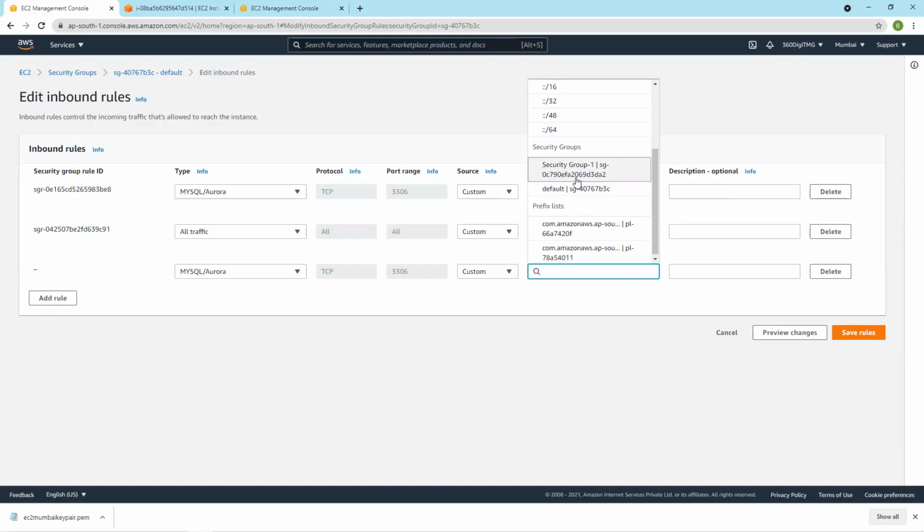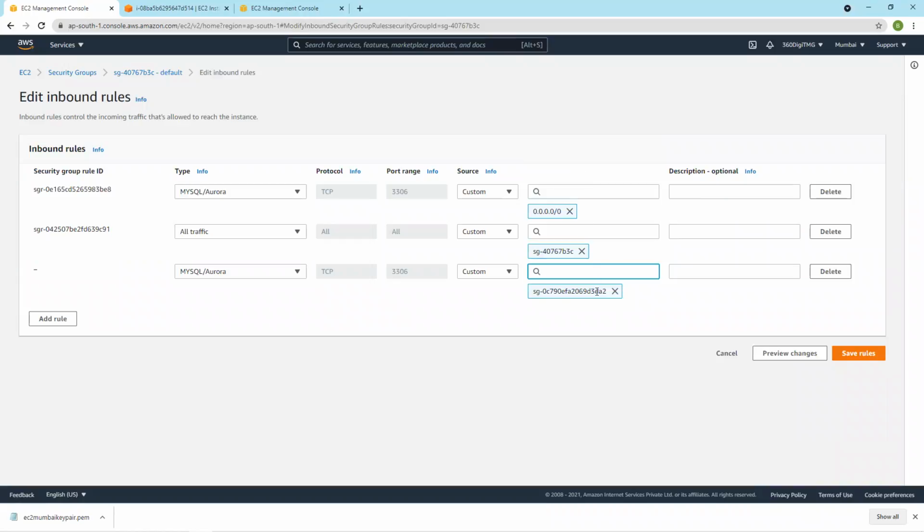I think this is the one, the security group I'm using for my EC2. This is my EC2 instance's security group. So if it is a private instance, this rule has to be there. For public instances, this rule has to be there. Save rules.